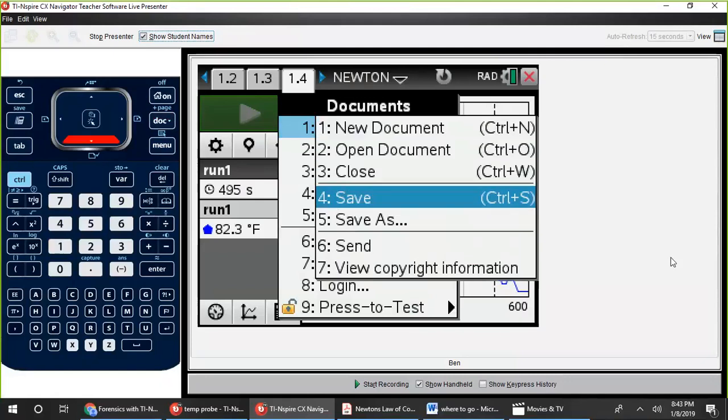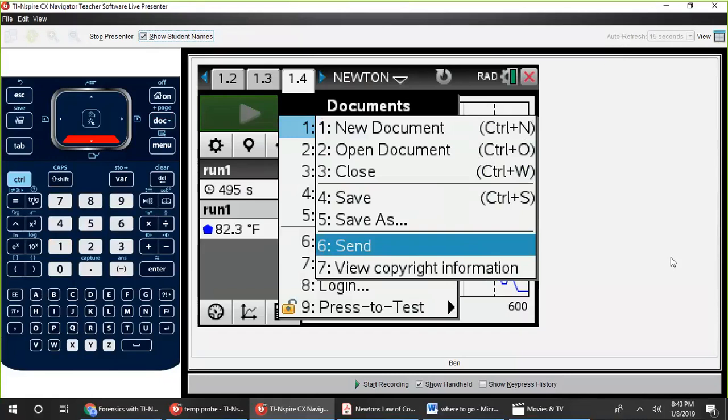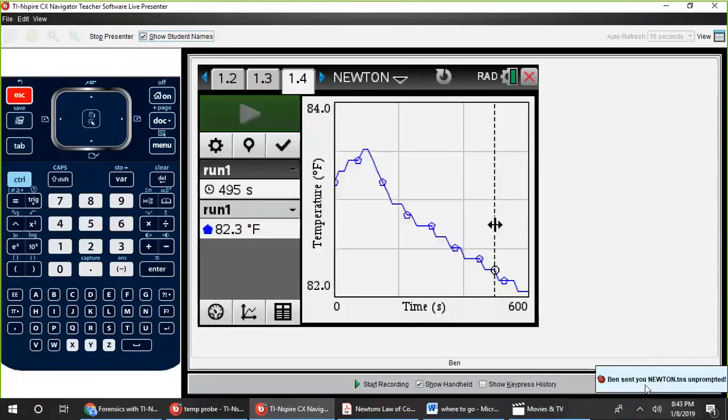And before I choose 6 for Send, I need everybody to be watching the bottom right-hand corner of my screen, like right in here. So I'm going to choose 6 for Send. And you can see Ben sent me Newton's TNS file, and it's in my unprompted folder.